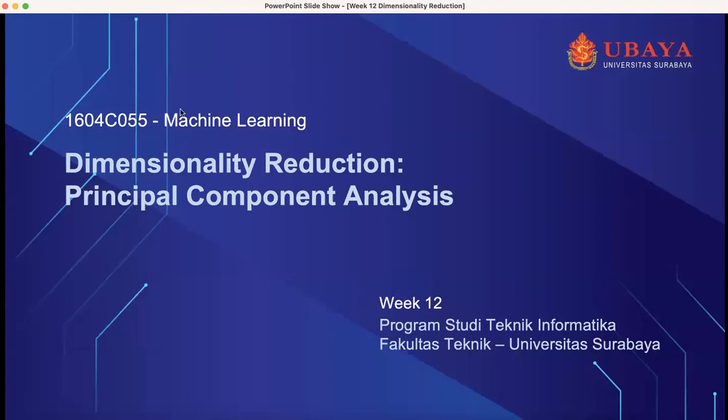Okay, today we are going to learn about dimensionality reduction by using principal component analysis. So, why should we reduce the dimensionality of our dataset? It is because when we have a dataset that has a lot of features, we need to compress those features. For example, we have a dataset that contains 10 features, and we want to reduce the dimension of those features into 5, 4, 3, or maybe only one feature, right?